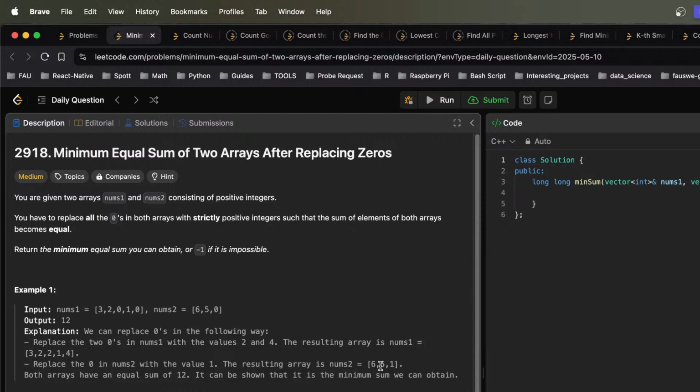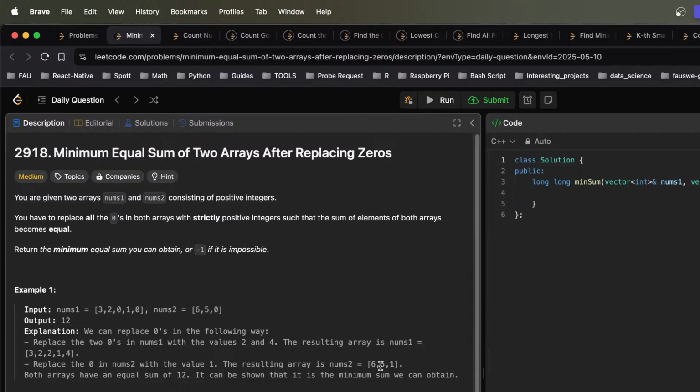So typically one will be larger than the other, and you can always split them up, right? Depending on how many you have, you can always split them up. So in this case, we have one is 11, the other is 6, okay? And we can actually find the minimum that each one can get. So for the first array, the minimum we can get is 8. The second one, the minimum we can get is 12. So we will try